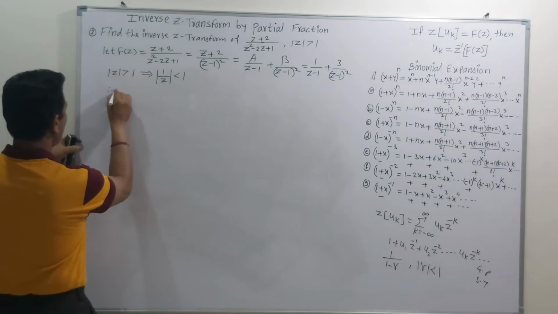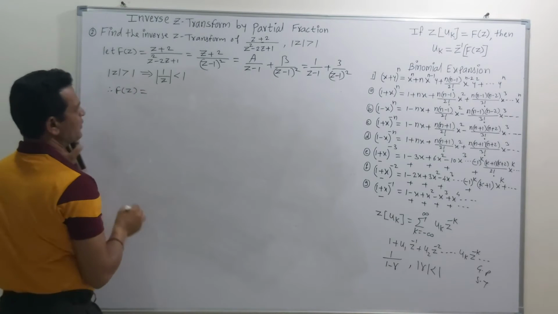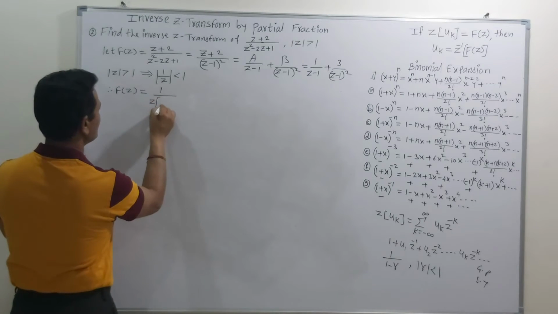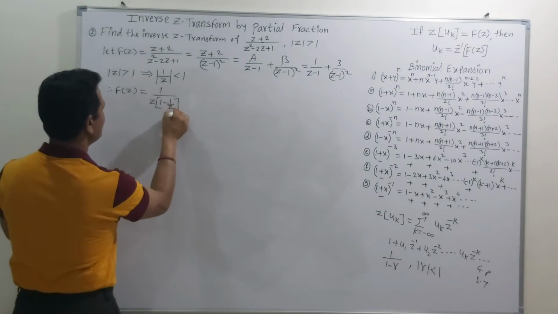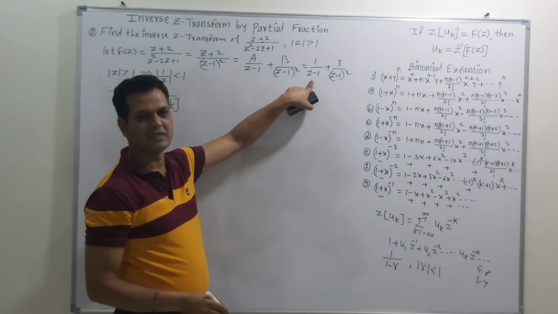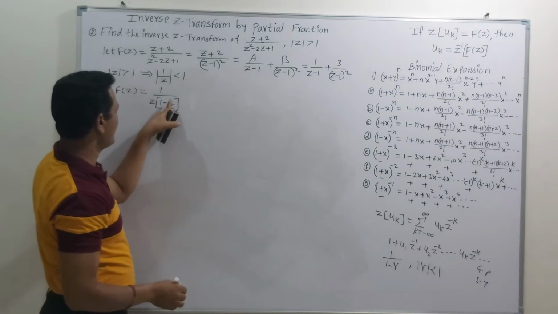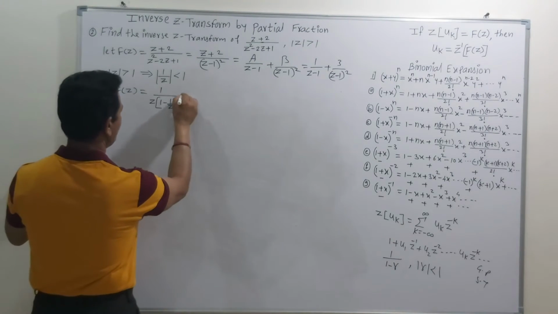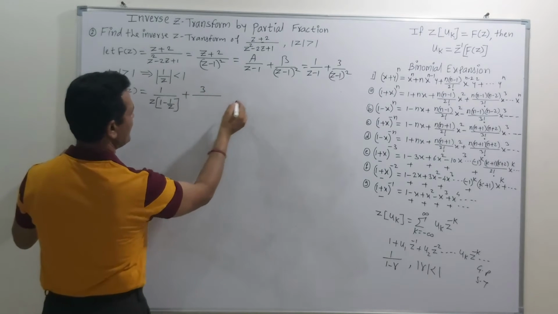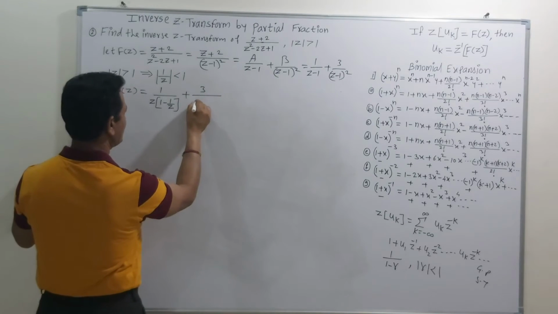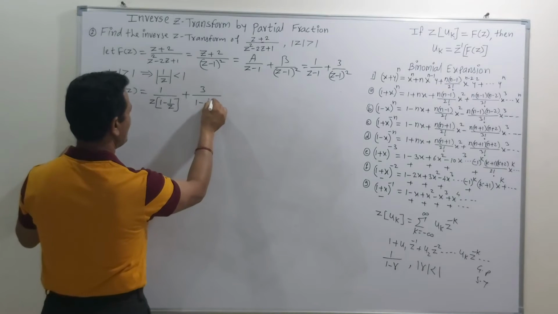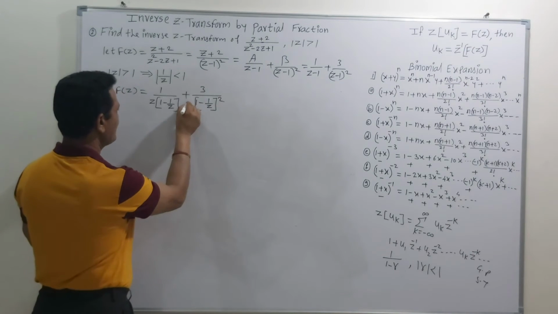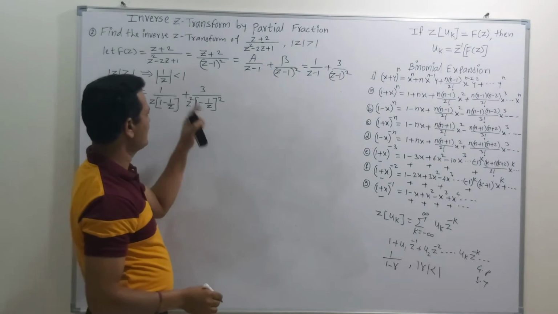Therefore we can write f of z is equal to, for the first term, 1 upon z into 1 minus 1 upon z. If we take the term z common, then we get 1 upon r, so 1 upon z is the value of r. This is for the first term, then plus 3 upon, here also we can write 1 minus 1 upon z its square, and this is possible when we take the term z square common.